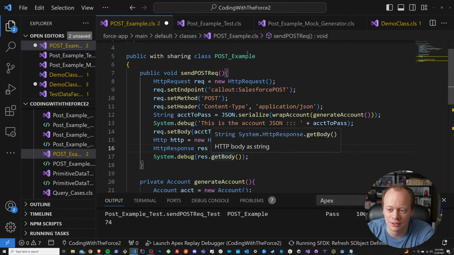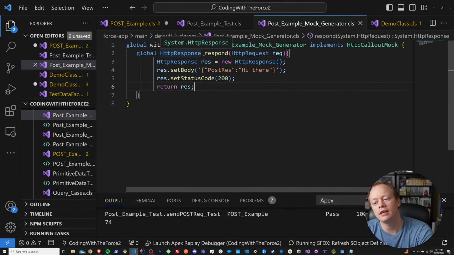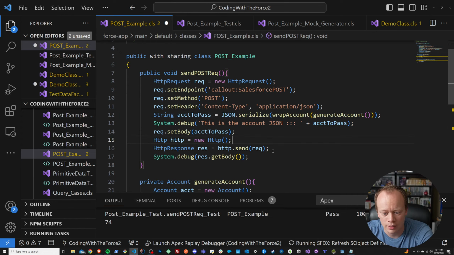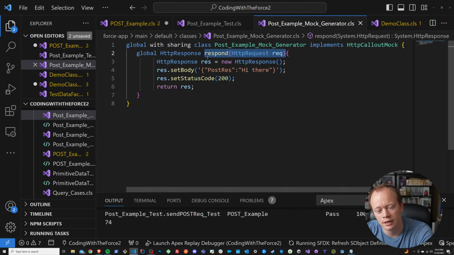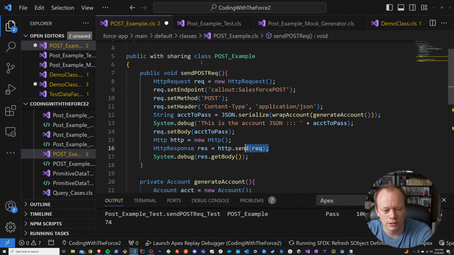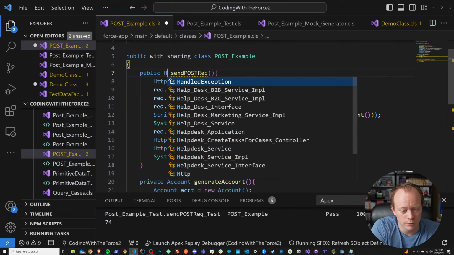Instead of sending it out into the real world, it's going here to our callout mock, and this is receiving that request, right? That request that you see here. This is receiving it, and then it is returning a response to us. And right now, I'm not returning anything for this, but let's just return that response really quick so that we can test